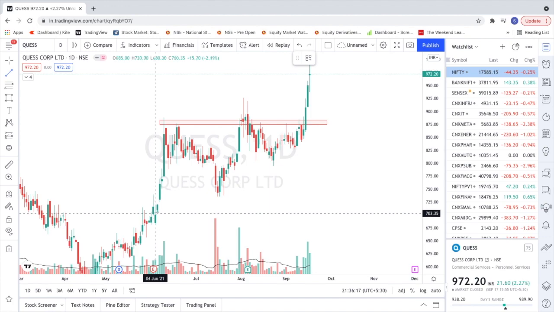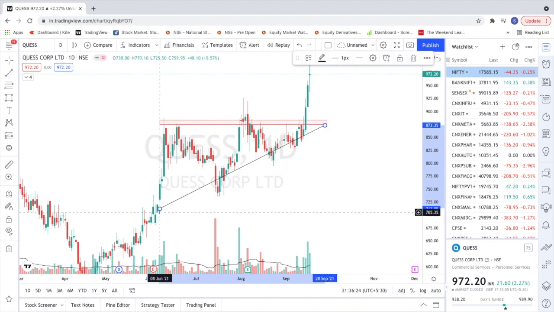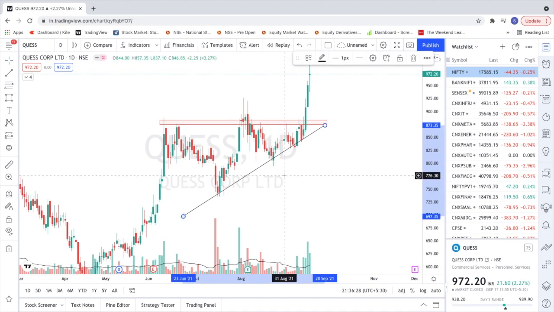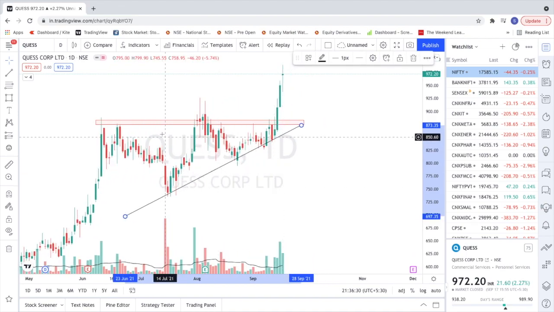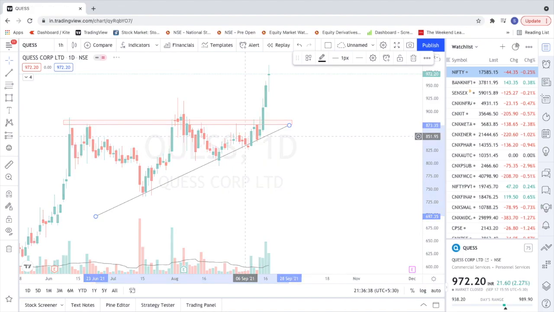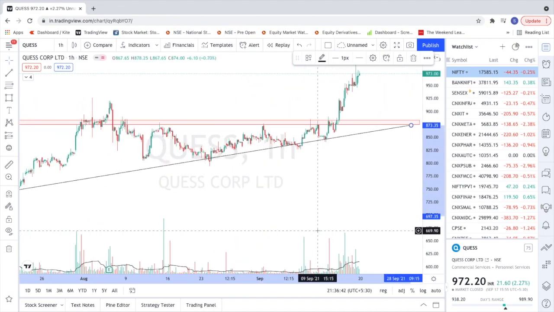I spotted that this stock is making an ascending triangle. If you look, the trend line which moves upward is this, and there was a resistance. So this was pattern number one. The second pattern I spotted on an hourly chart, and that was this. The stock went up,